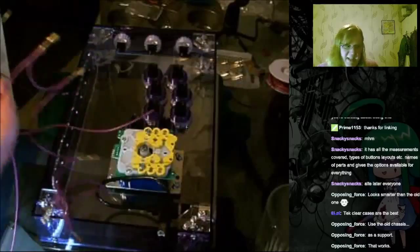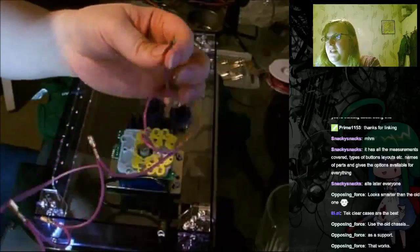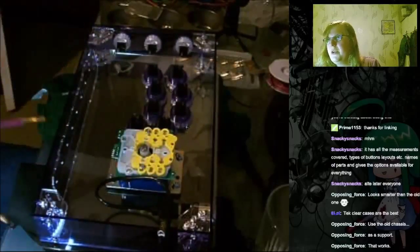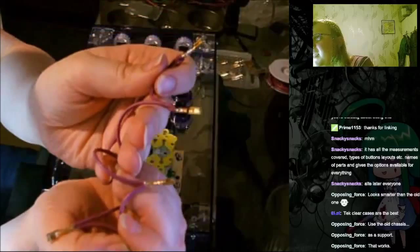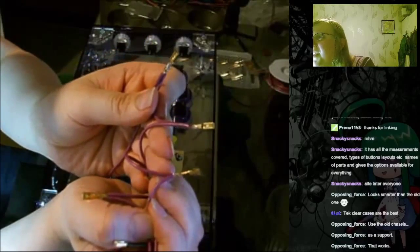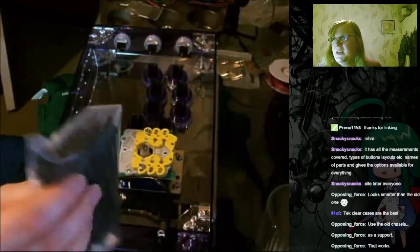This here is that common ground that I was talking about. There are lots of little loops daisy chained together, and they're all going to connect to the buttons on the main part here and just bring a single line down to the PCB. Now with these, because I was having a lot of difficulty getting the connections of this really thick wire into these really little crimps, I soldered them. I'm going to go into that a bit later on, but I also just realised that I've not got any heat shrink on those. This is the heat shrink sleeving, so I'm going to...